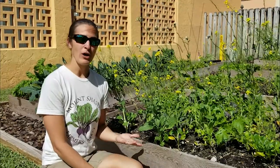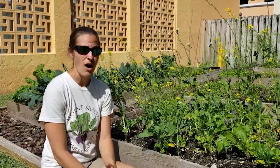So now that things have started to warm up, clearly a lot of the beds have gone to seed. There's a few things you can do about that, one of which is let them go. It's drawing in beautiful pollinators. All of the bugs that are really important and good for the garden get drawn in, and it's a great way to attract them in to pollinate some of your other crops that you do want flowers on, say tomatoes or something along those lines, squash. So it's a great thing to leave in the garden for a while, but